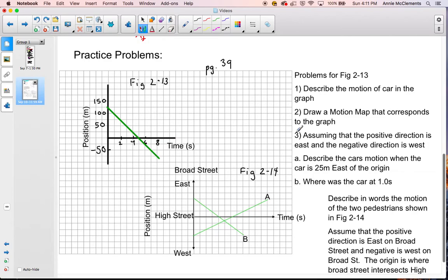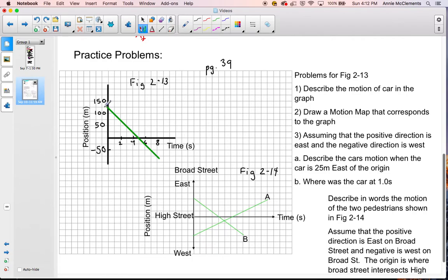Alright, so if you've worked your way through 1, 2, and 3, let's talk these out for a bit. Number 1 asks you to describe the motion of the car in the graph. The first thing we want to do when we describe the motion of the car is figure out where it starts. Where is it at time 0, and what direction is it moving at time 0, if it's moving at all? So I look at time 0, and I look all the way up to where it intersects with the line. It looks to be about